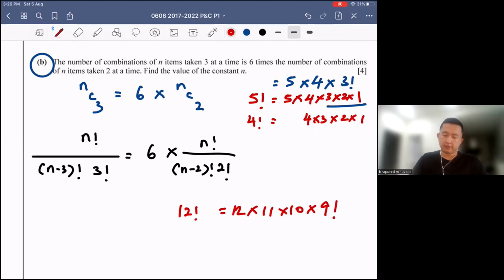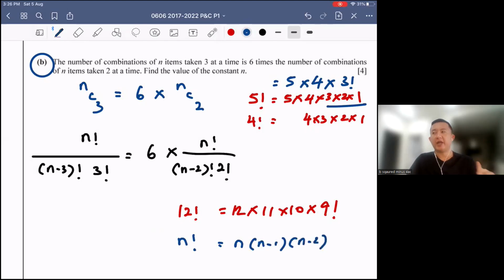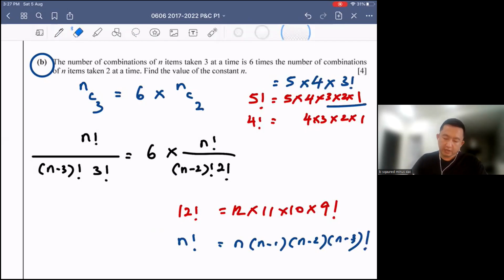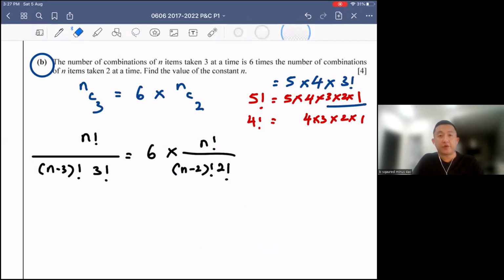That's how I can change it. So if it's unknown, think about it. If it's n factorial, I can change it to n, and then minus 1, that will be n minus 1. And then minus 1, that will be n minus 2. And then minus 1, that will be n minus 3. If I want to put a stop, I put a factorial here. That's the idea. So now what I'm trying to share with you is that these two parts, n minus 3